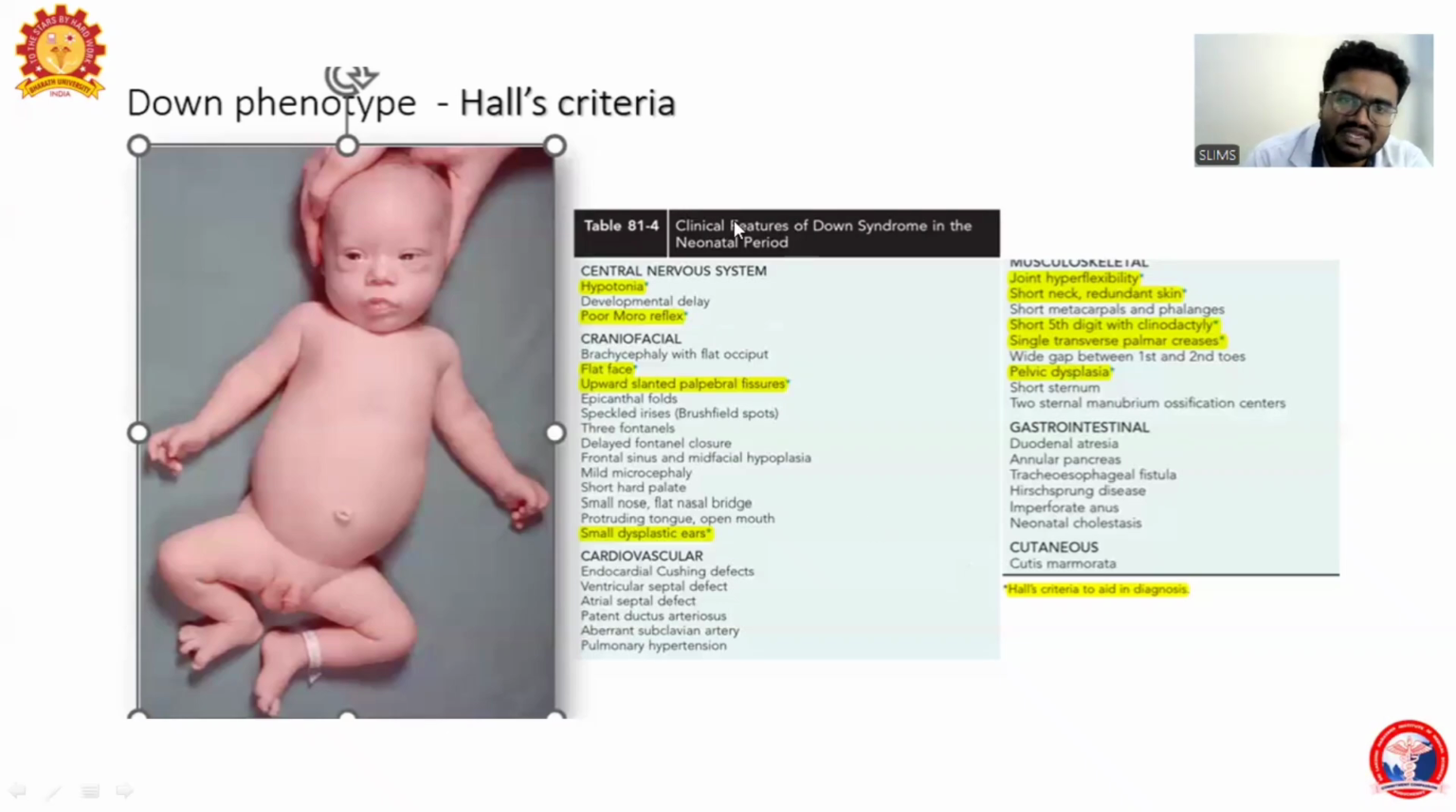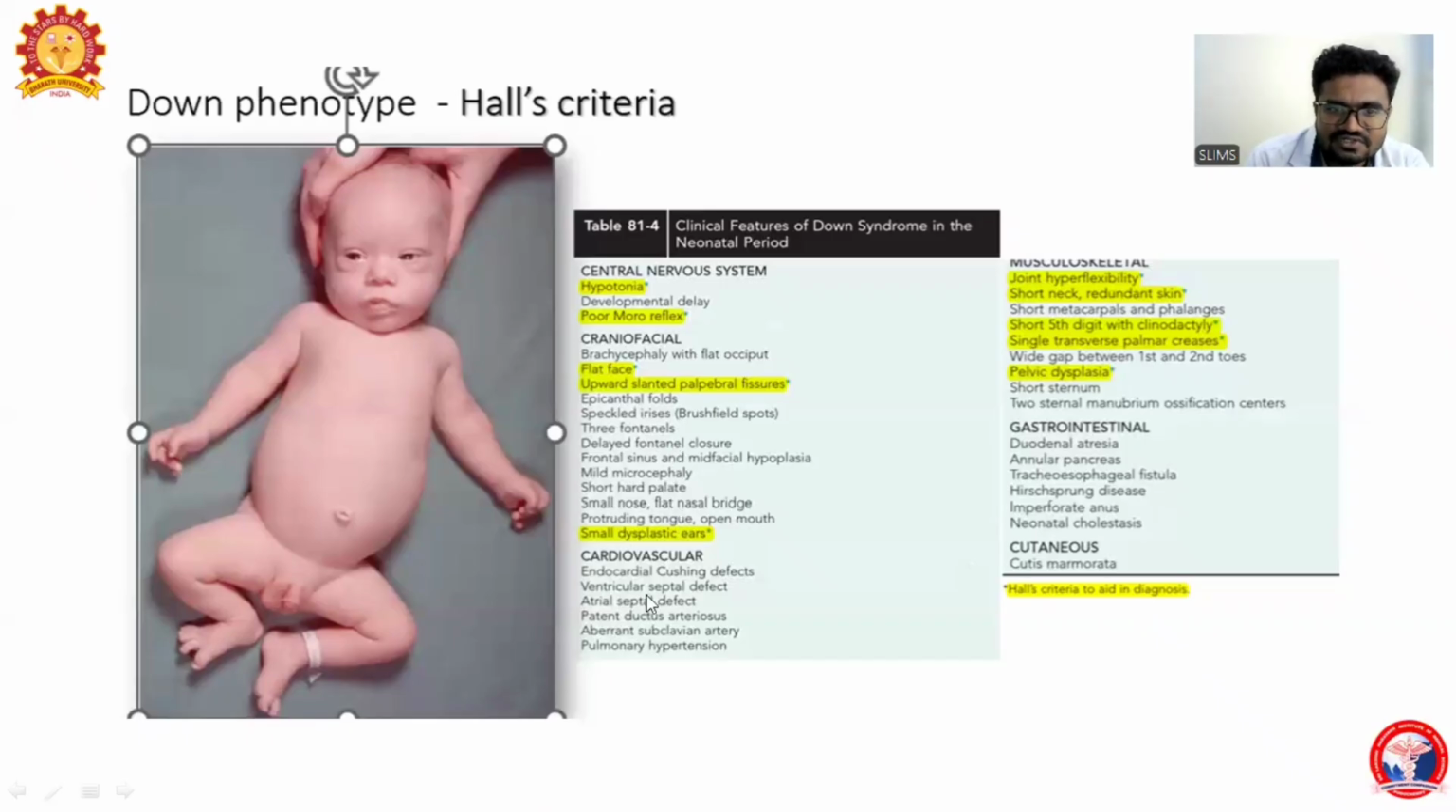So these are the major criteria which can help us in diagnosing Down syndrome. There are other features which are seen, like developmental delay. The child will have a flat occiput and be brachycephalic, so the width of the skull is more. The child will have epicanthal folds. So these are the epicanthal folds, and there will be delayed closure of the fontanelle, and the baby will be